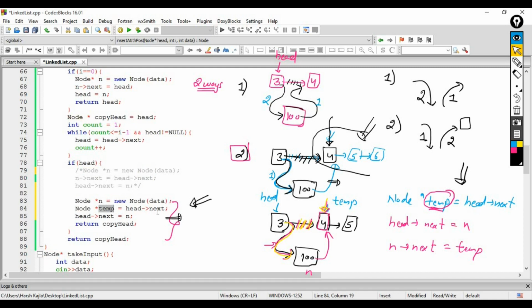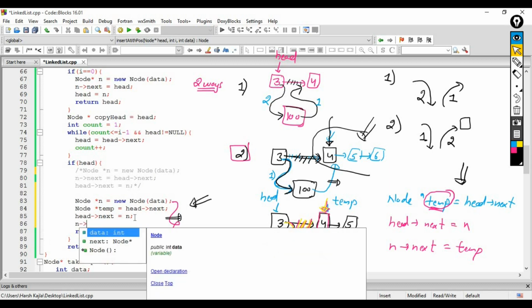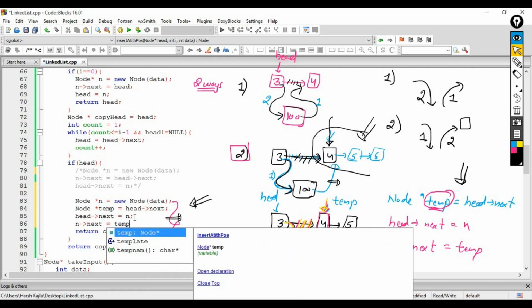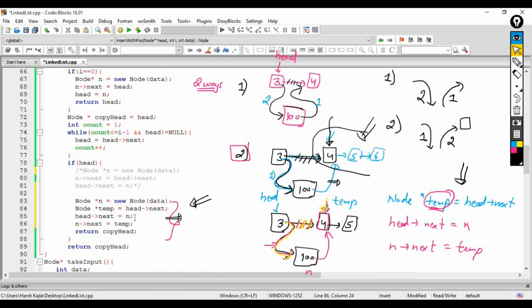We are storing the address of the next node. Now head is pointing towards n and n arrow next is actually temp. Okay, so here I just copy pasted these three steps. These are the three steps, and then we have to return the copy head. Okay, simple. So now let us test our code.